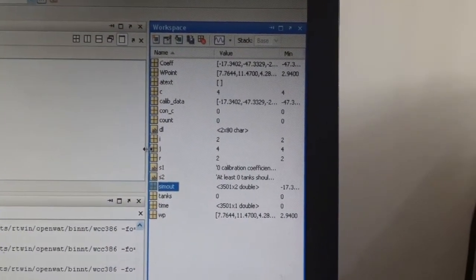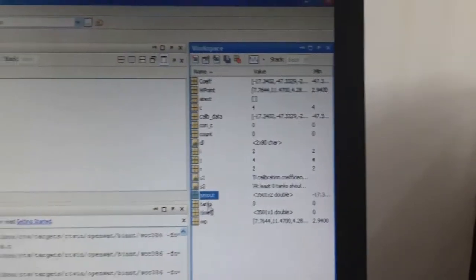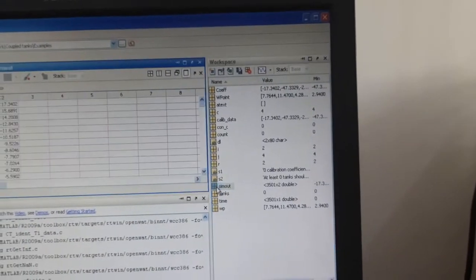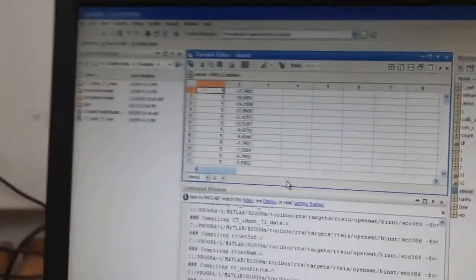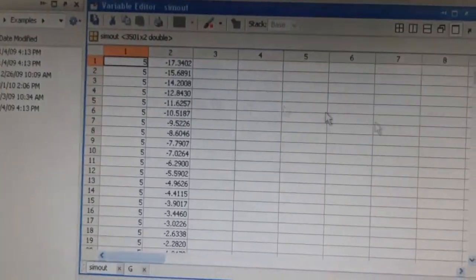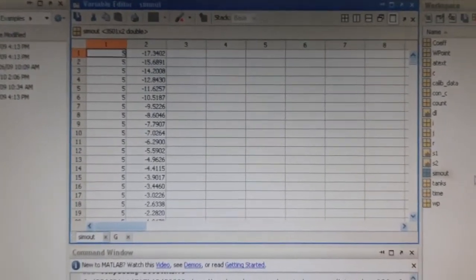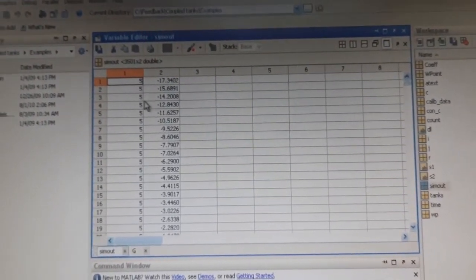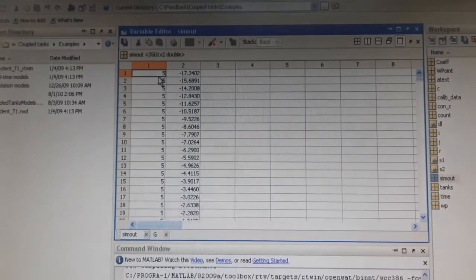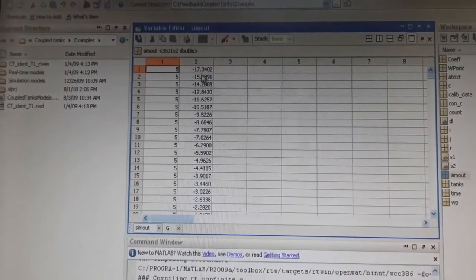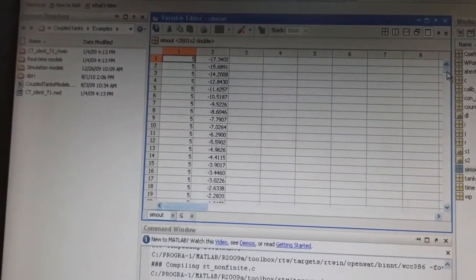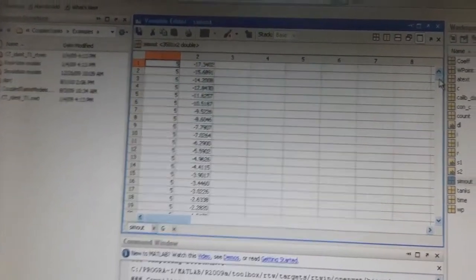So whatever operations we have to do in MATLAB, first we have to pre-process this data, because if we double click this one, we can see here 2 columns and some 3501 rows, that means the number of collections. Here we have to separate out which one is our control inputs and which one is our level behavior, because in our system identification toolbox only 2 sets of data are needed.